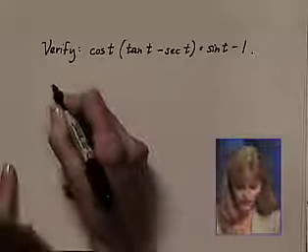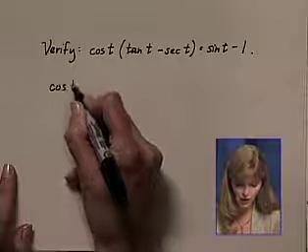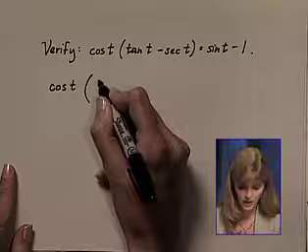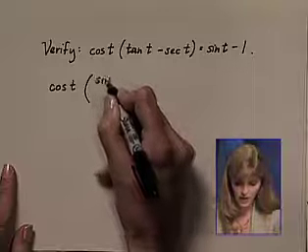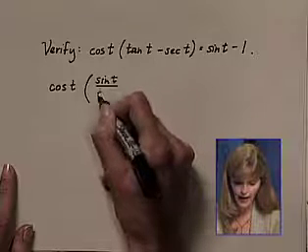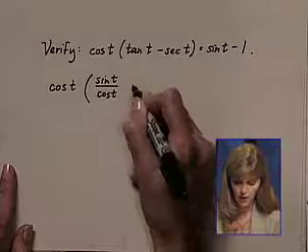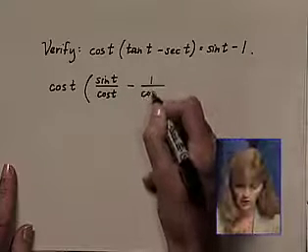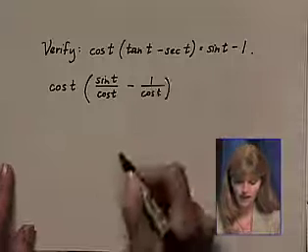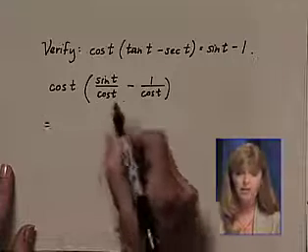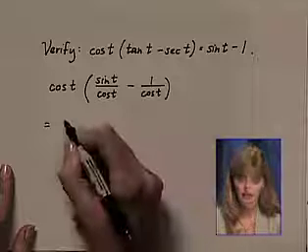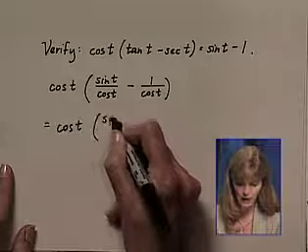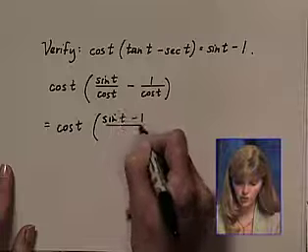Let's then begin by rewriting the terms inside the parentheses so that they're in terms of sine and cosine. So we're going to have the tangent of t rewritten as sine of t divided by cosine of t. We're going to have the secant of t rewritten as 1 over cosine of t. And now notice that I could go ahead and simplify inside the parentheses if I'd like. That is, I can rewrite this as cosine of t multiplied times the fraction sine of t minus 1 over